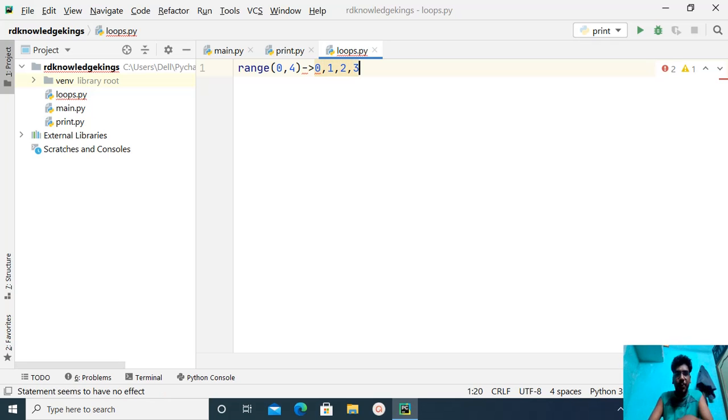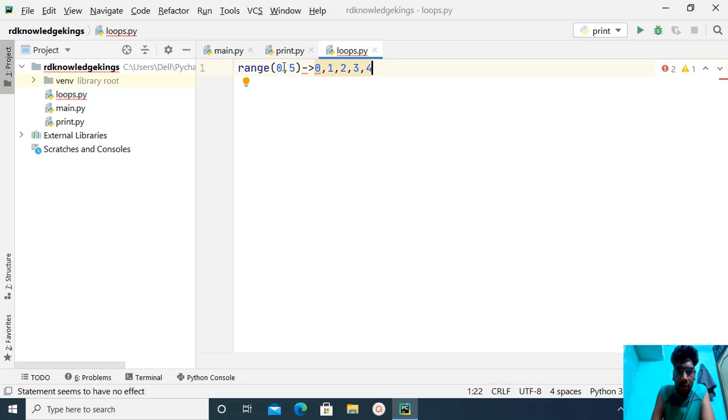And if you write range of 0, 5, the values will be 0, 1, 2, 3 and 4. This is the starting number, and this is the nth number, so the values will be generated up to n minus 1.